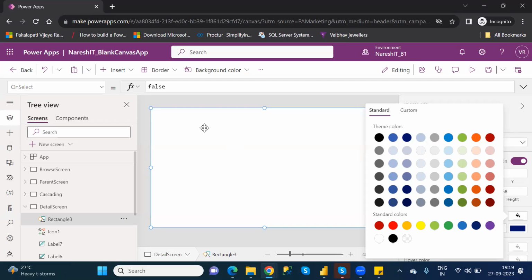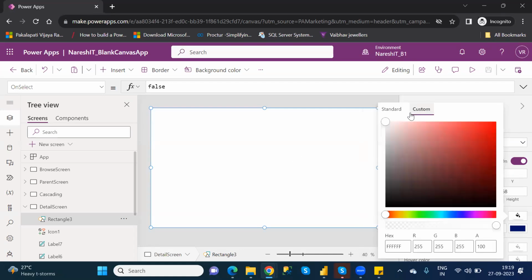Whenever it takes white, the background is completely off. That means the background of that particular shape is white, and whatever screen and elements are behind the shape, you cannot see. Then what you have to do is, in this color itself, there is a custom color.